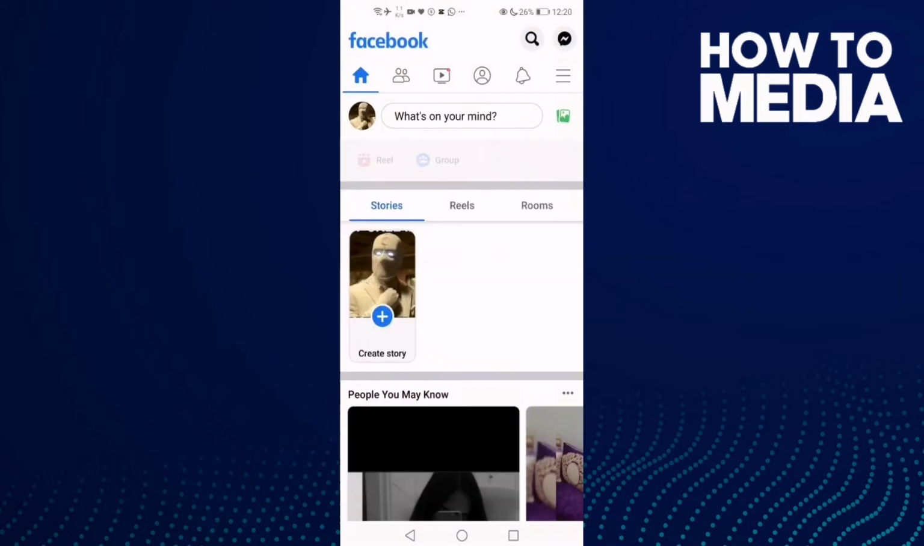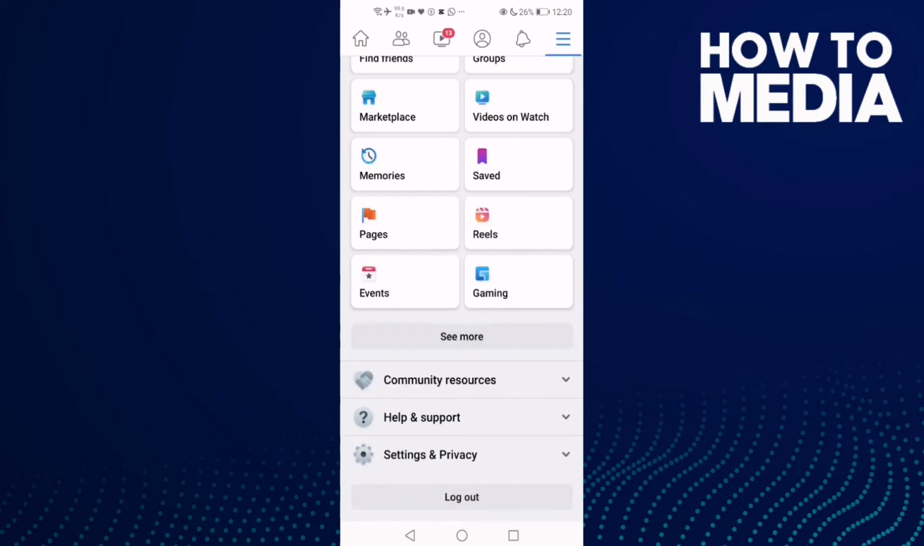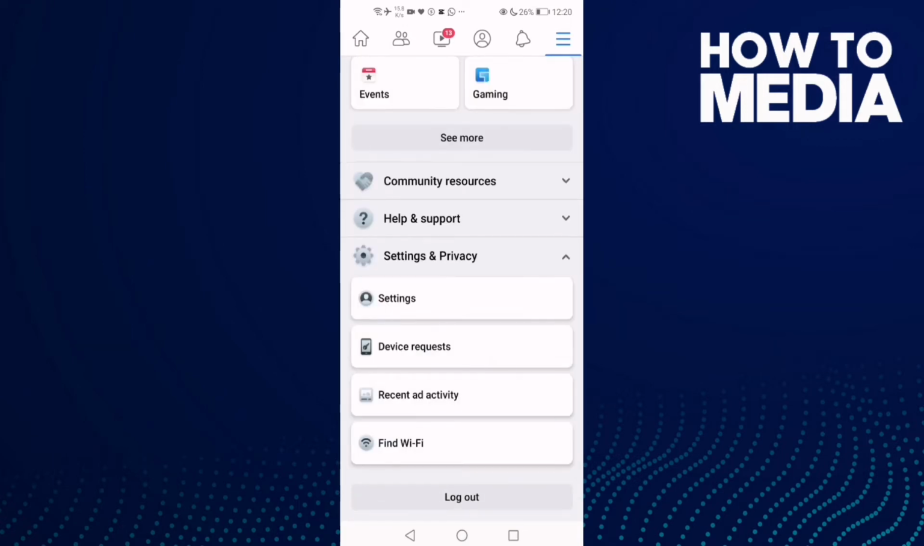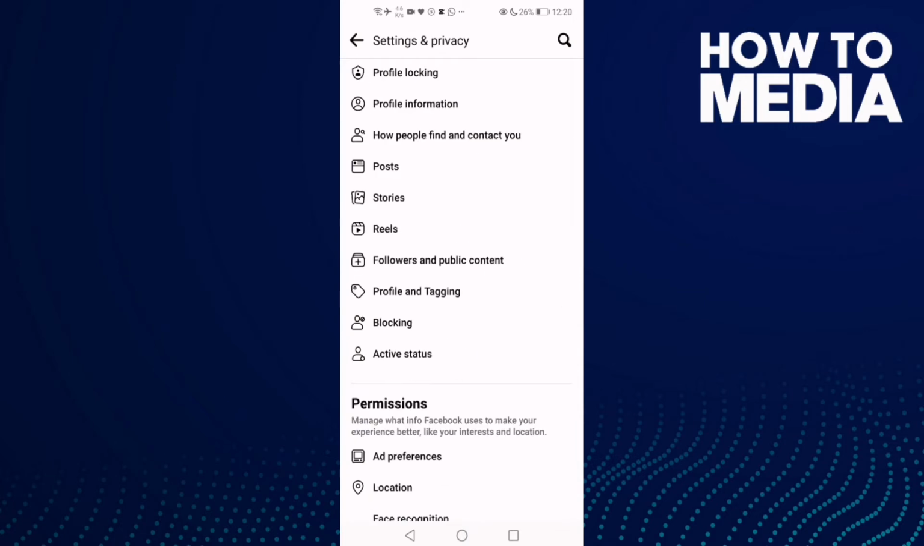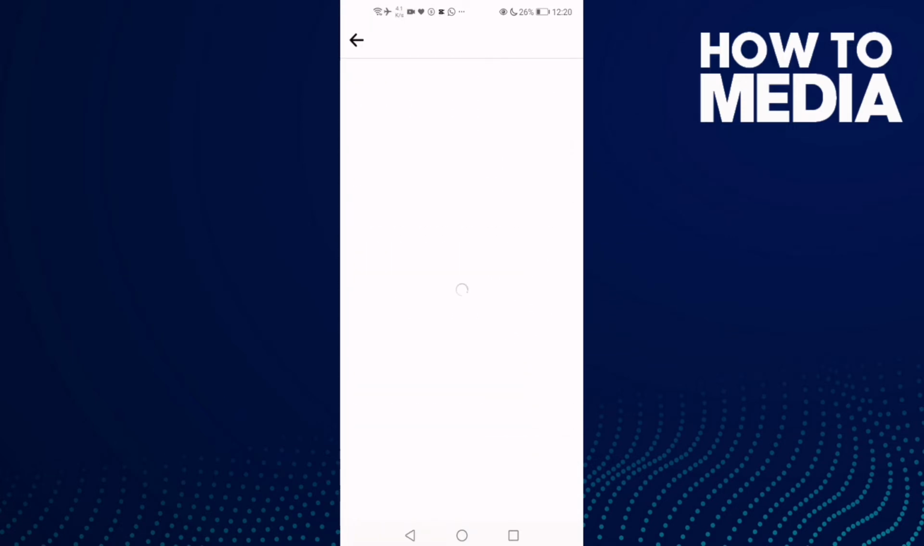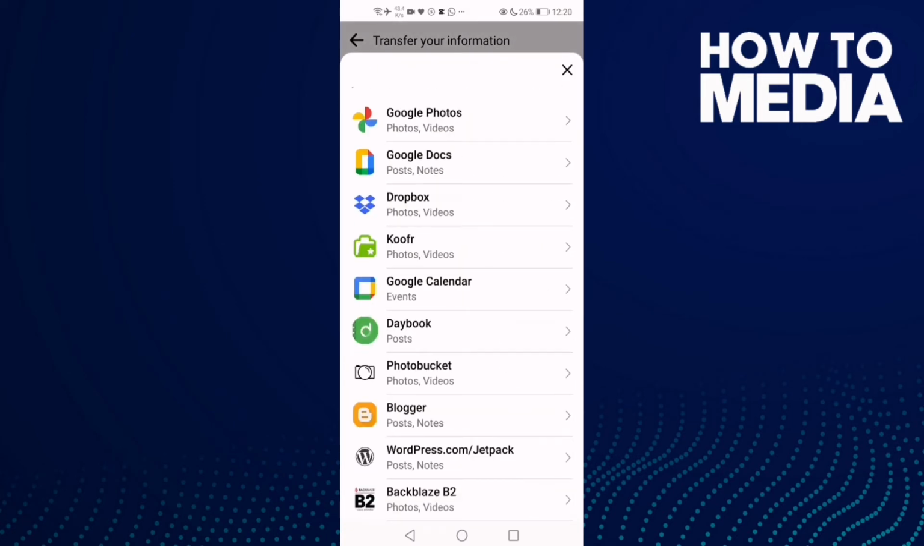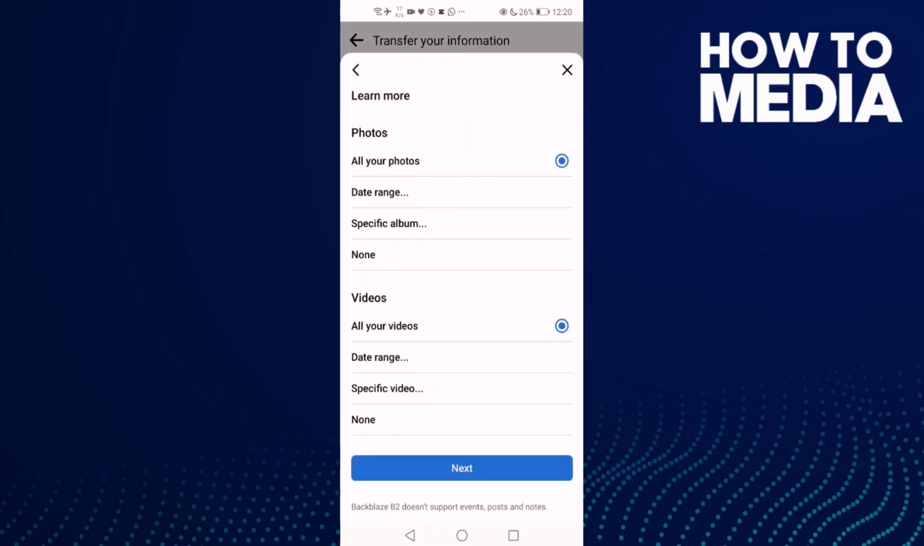First thing, go to Facebook and now click these three lines here in the top corner and go down, click settings and privacy and then settings, and now just go down here and click transfer a copy of your information, and then next, and now just go down, click Backblaze B2 and then go to photos and click none, and